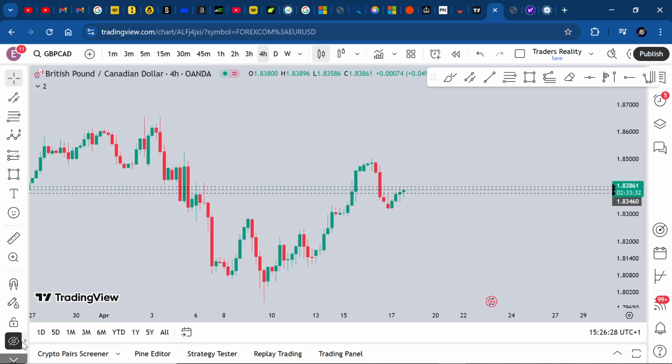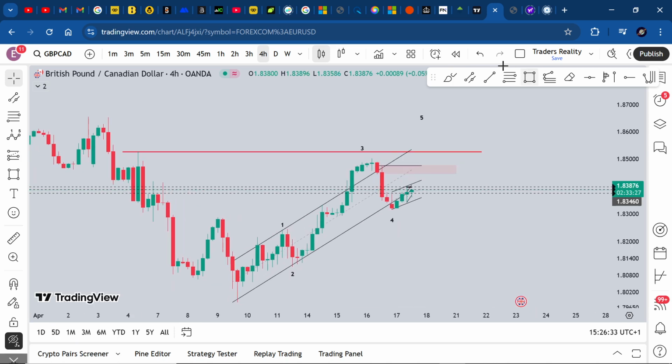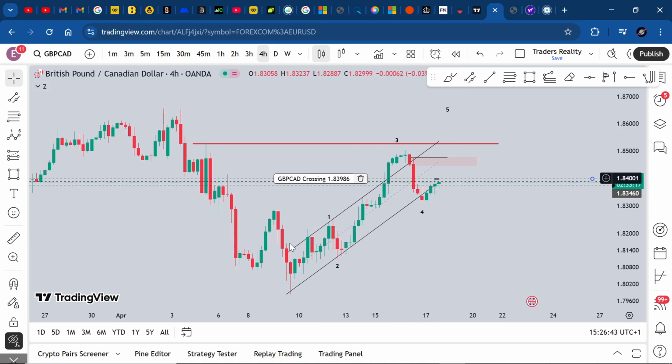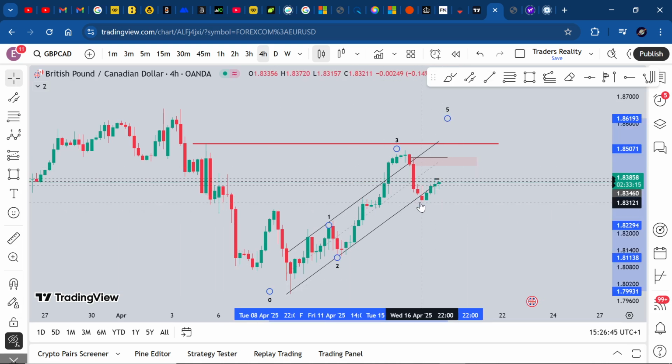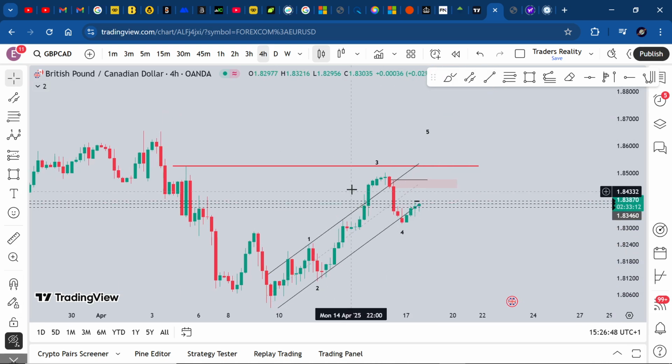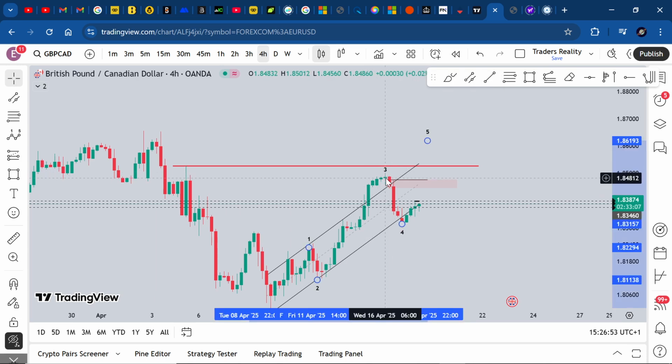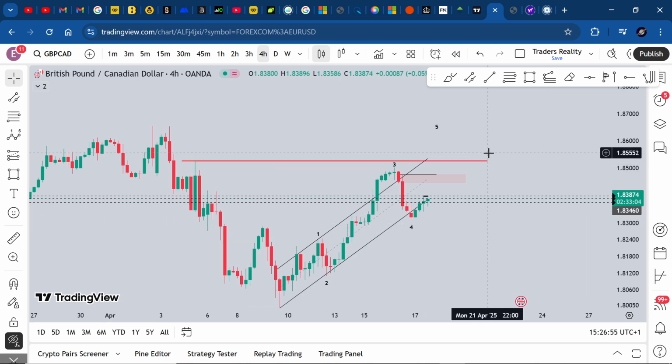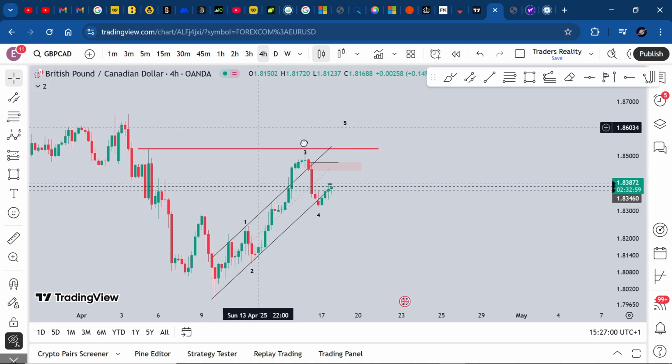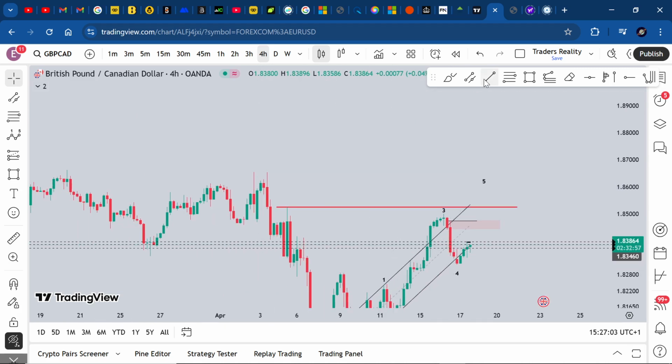In fact, let's get the indicators off. I do a lot of analysis on the 5 minute and the 1 minute, so hence there's a lot of markings here. But as you can see, I'm calling this a finished fourth wave. So my next target is above this three, above this three, and the liquidity above the red line. So I'm looking for a five wave, which may even take out this here because we do have equal lows